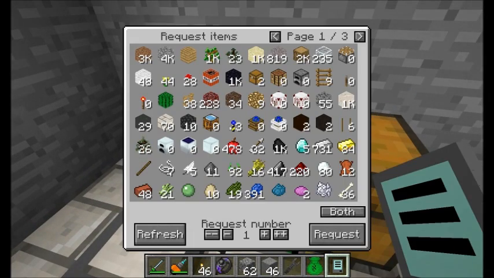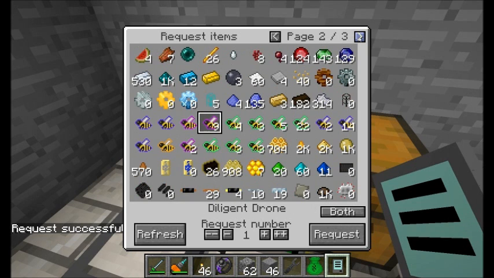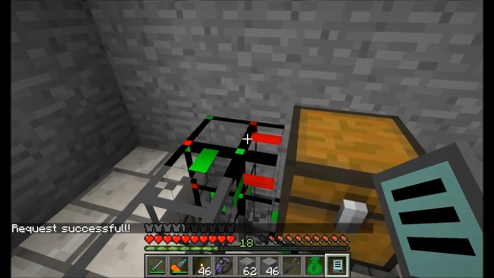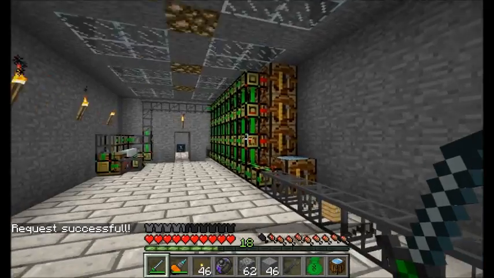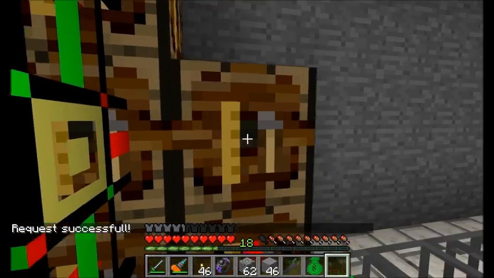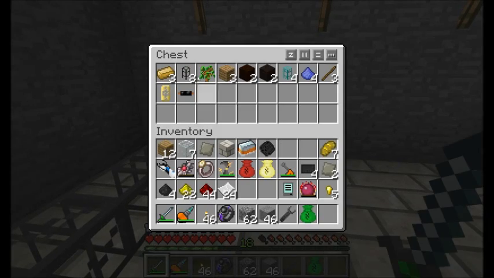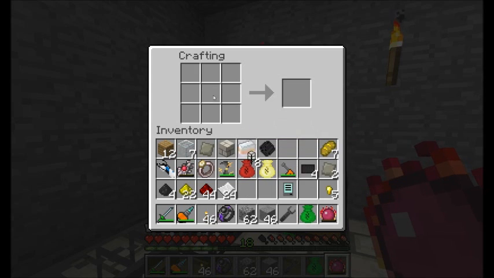What do you say? Let's get one more automatic crafting table. I'm going to probably pull in, let's see, 8 of these guys. I need some more basic logistics pipes. I'm running awfully low. And let's give this guy a moment. Here comes my crafting table. I'm going to place him right here. And then, let's see, I've got some glowstone dust, so that's a good sign. Pull out the basic logistics pipes that just showed up, and we'll craft that into a crafting pipe